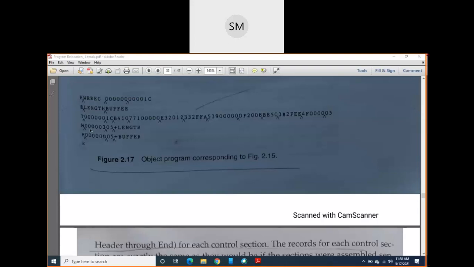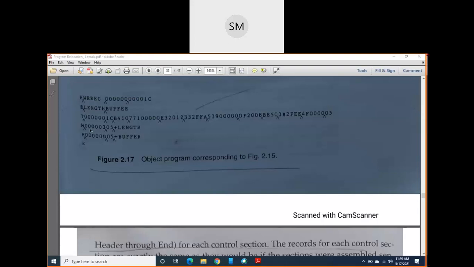For that, the address of the operand LDT should be modified since it is using the fourth format, and the operand is nothing but length. So I have written it along with its sign here as a plus sign. Similarly, you should write one more symbol, that is buffer, here as plus buffer, because in line number 225 you have one more instruction, that is plus LDCH.